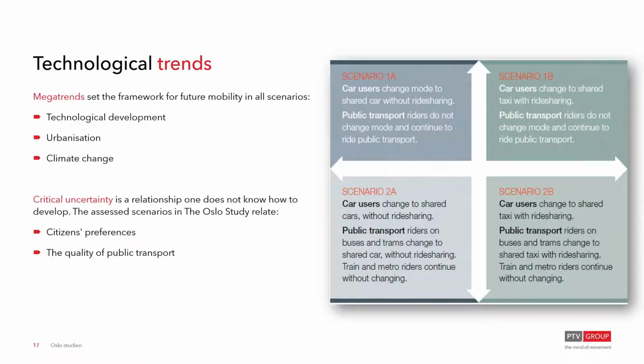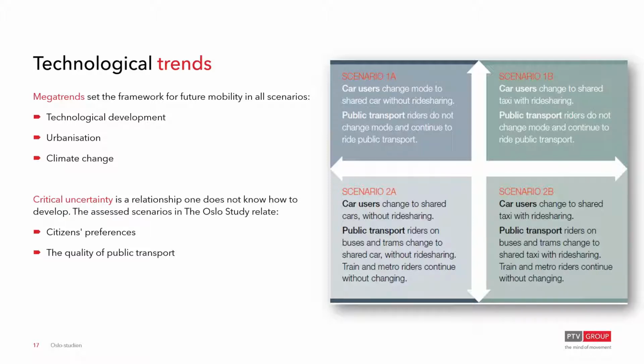In scenario 1A and 1B, today's public transport users will continue to use public transport, while private car users will switch to the MaaS option. In 2A and 2B, all those people who are using the buses and trams in Oslo will also migrate to the autonomous vehicle fleet, which is going to provide an on-demand door-to-door service, a little bit better than public transport does today.